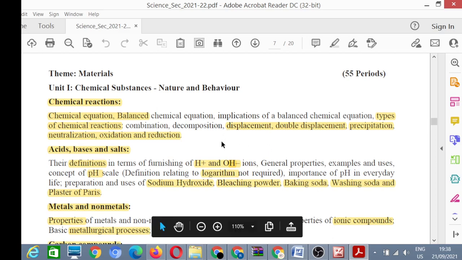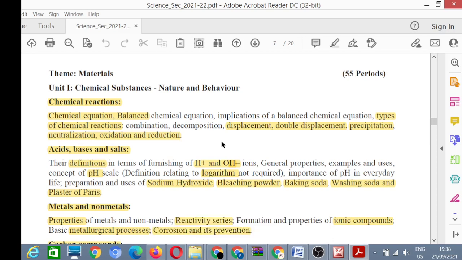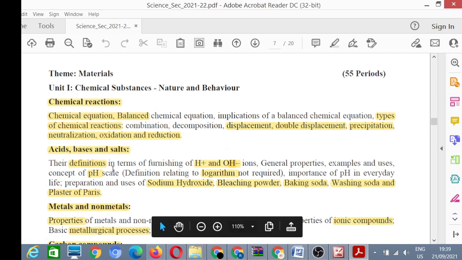Now you know some common types of acids: HCl, hydrogen chloride, then H2SO4, sulfuric acid, then HNO3, nitric acid. These are examples of acids. Then you have examples of bases also. For example, sodium hydroxide, NaOH, is an example of a base. Now you have examples of salts also. Common salt, NaCl, sodium chloride. Then their definitions. So the first topic is the definition of acid, definition of base, definition of salt.